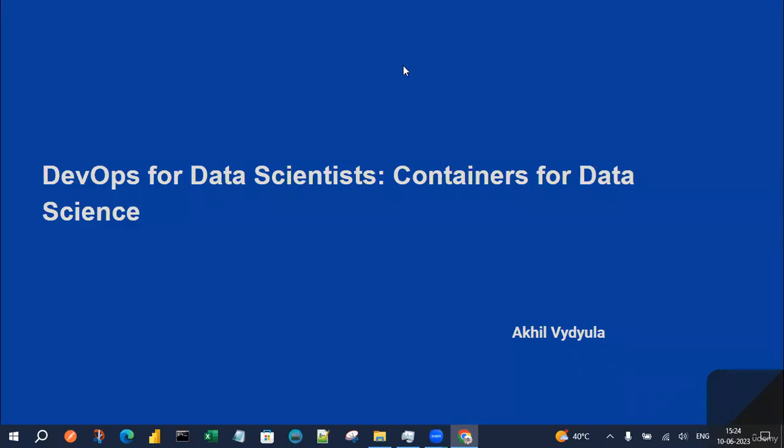Hello, all. Welcome to DevOps for the data scientist and containers for the data science. For those who don't know what DevOps is all about, it tackles the several productionization issues, and MLOps handles all the activities of productionizing models, and how the roles and responsibilities will help us understand MLOps and also DevOps